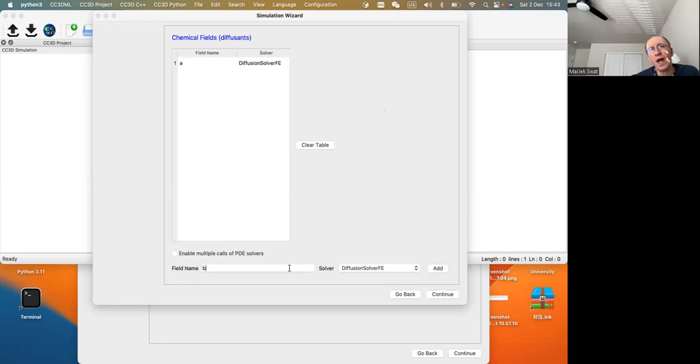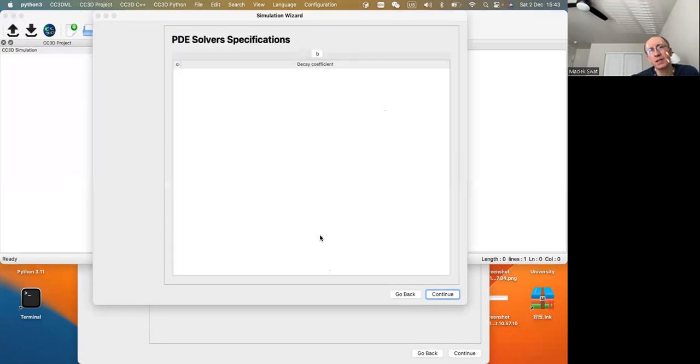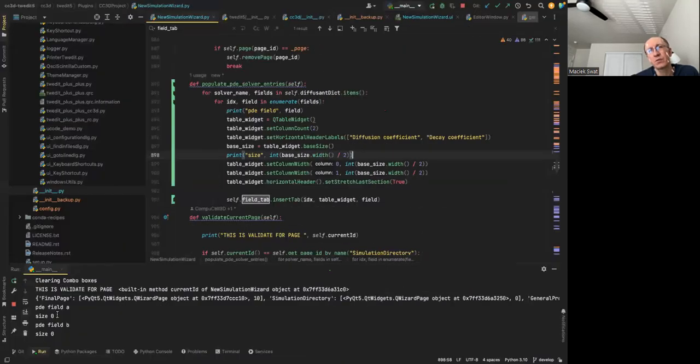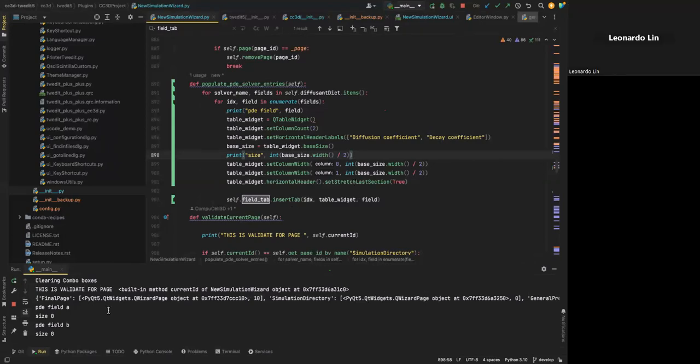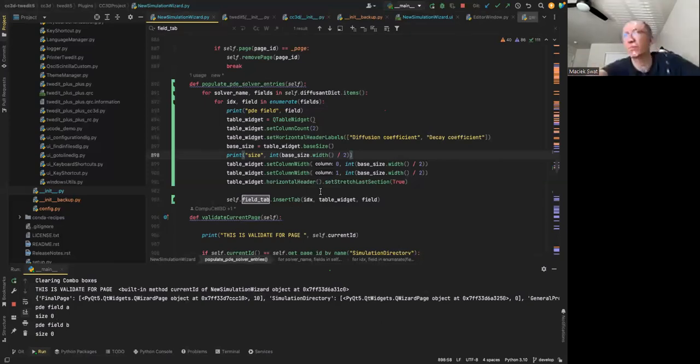We might need to add base size. So it's actually the stretch last section. Yeah, it shows the size is 0. Exactly, it shows the size 0, precisely the base, because when we create the tab widget, it's not a member of the layout. So we would have to,